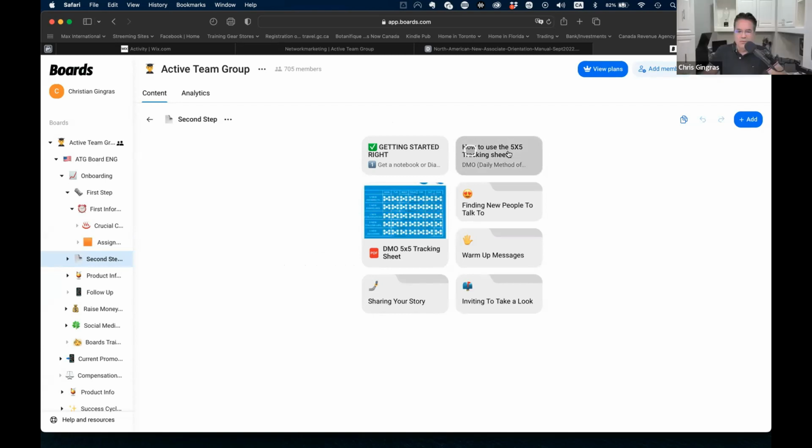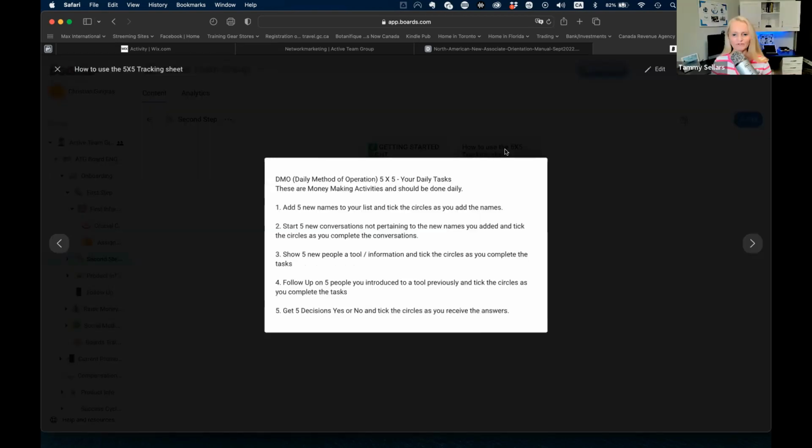Correct. So you've got how to use the 5x5 tracking sheet right there. You've got the 5 steps on how to go through the process for somebody who needs that guidance. So many people need that visual guidance on what to do. Not everybody is just intuitive. Some people just need that in front of them to give them guidance. And this is all the money-making activity. So if you go to the chart, Chris,